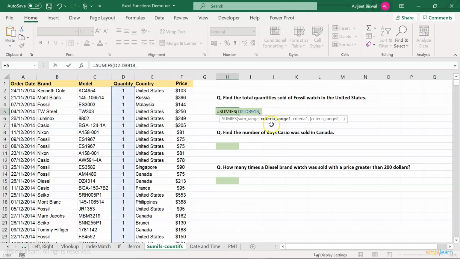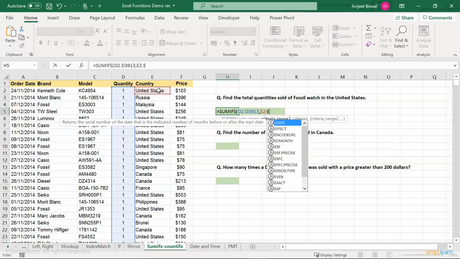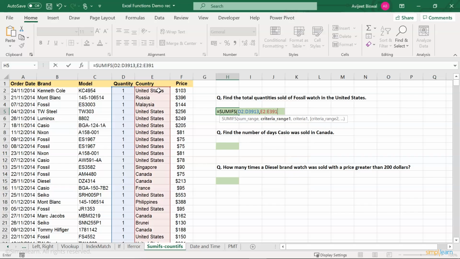Next, it is asking to enter the criteria range 1. So my first criteria would be the country column. So I'll write from E2 to E3913, comma, my criteria 1, that is United States.